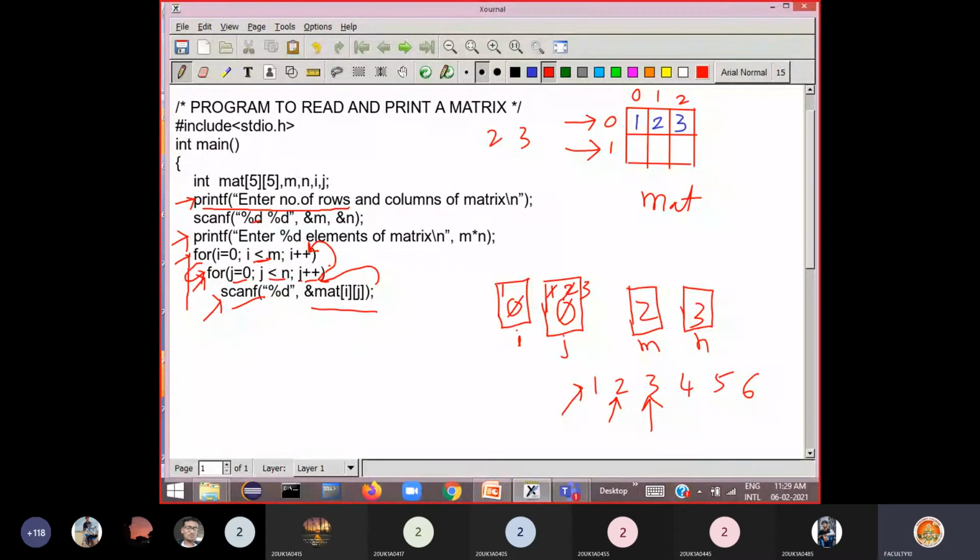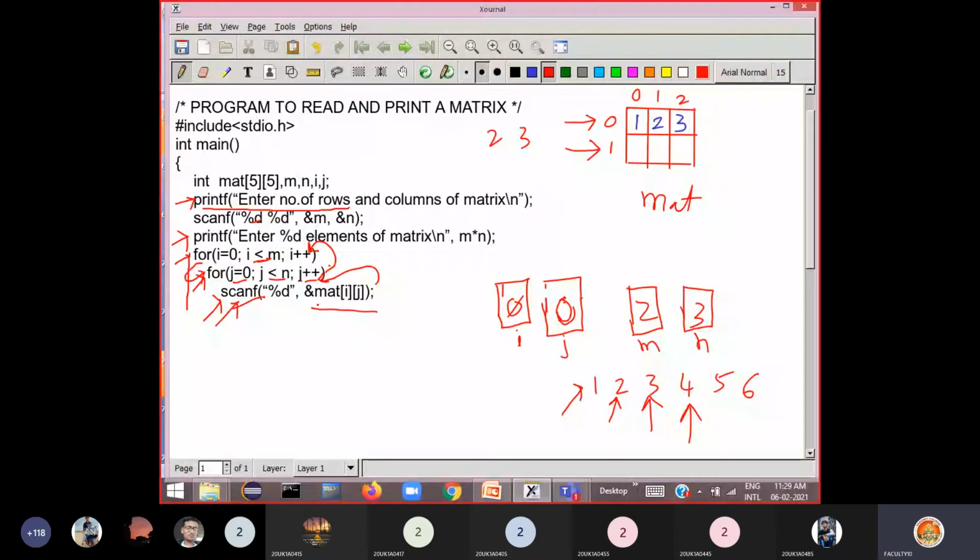So inner loop executes its statements from the beginning onwards. Now what happens? j is equal to 0. Again it starts from j is equal to 0, so j value again becomes 0 here. Then check the condition, 0 less than 3, yes, true. So again it enters the scanf function, scanf percentage d. That means read the next number. It reads the next number, 4 it reads.